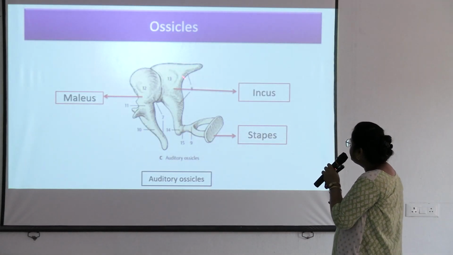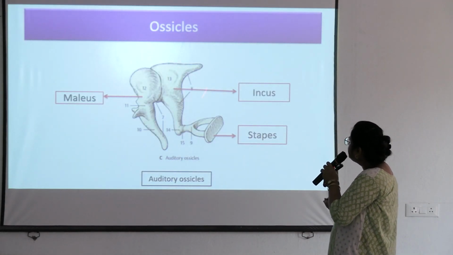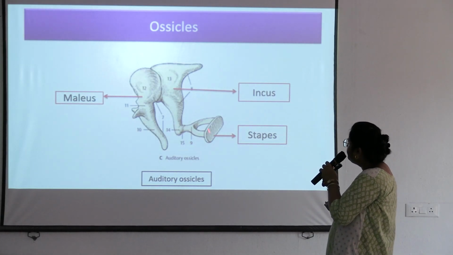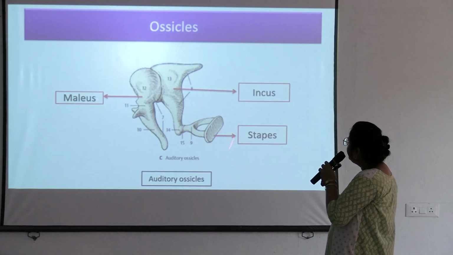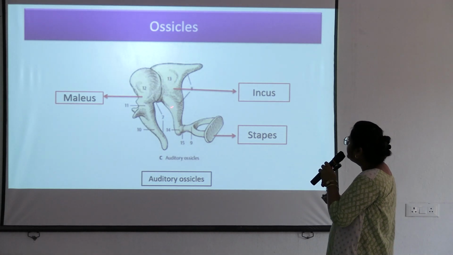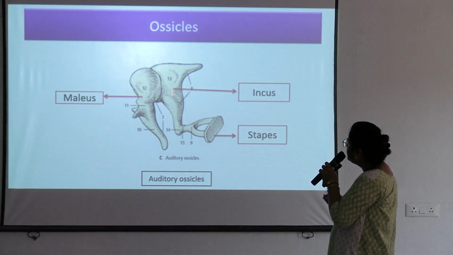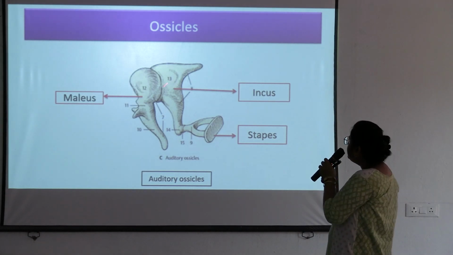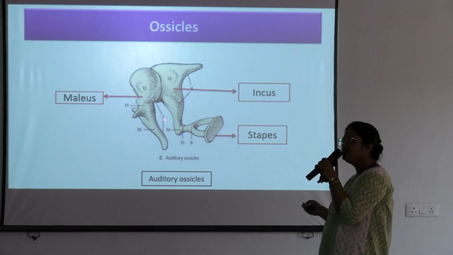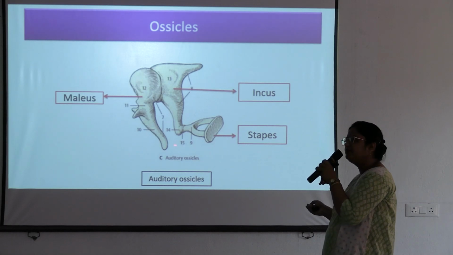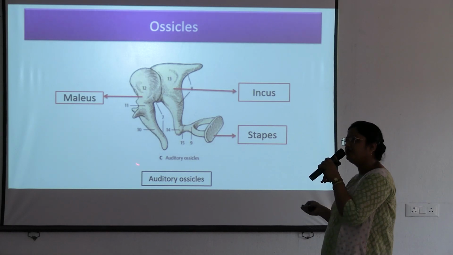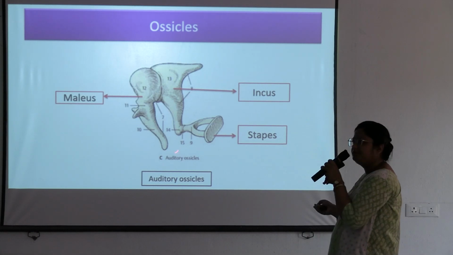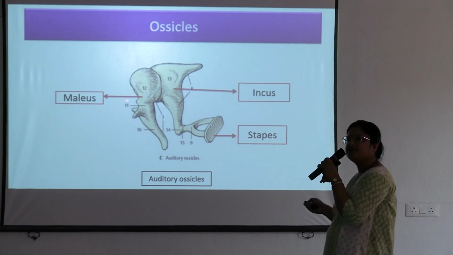See here the 3 ear ossicles: malleus, incus and stapes. Stapes has a stirrup and a foot plate like structure. And this is incus. Incus has a short process and long process. And this joint is asked in your MCQ, incudostapedial joint. This is a ball and socket type of synovial joint. The long process of incus and stapes form the incudostapedial joint.